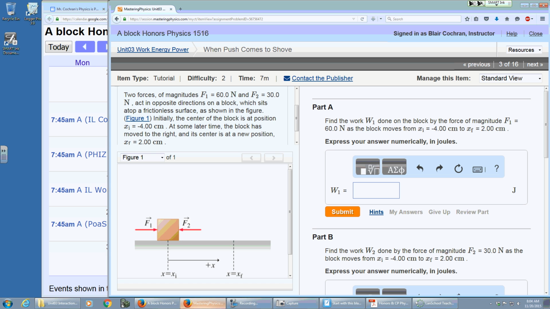And I start at x equals negative 0.4 meters. And sometime later, the block is moved to a new position, 0.2 meters. And they want to know the work done on the block as it moves from this to this. So,